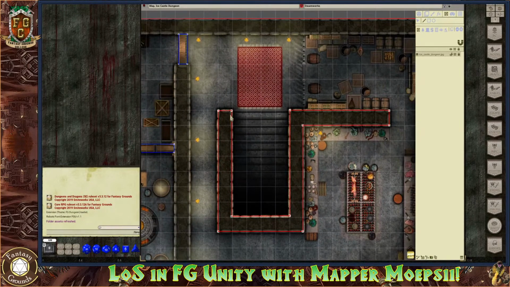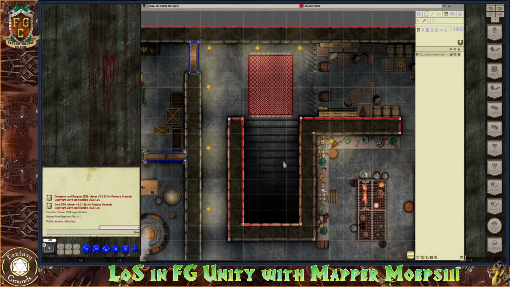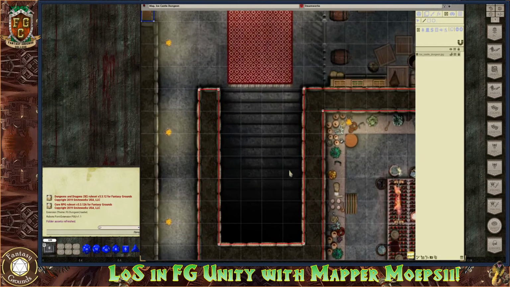When I was done, I hit escape or double click and it ends the drawing mode. So I'm going to switch to a different mode. Right now I have the line of sight for this walled area. Yeah, I think so, Carl. It looks probably okay. We'll find out when we turn it on. Okay, so